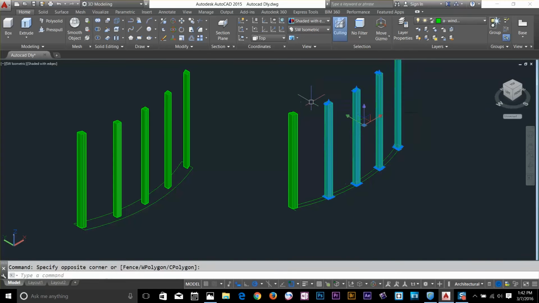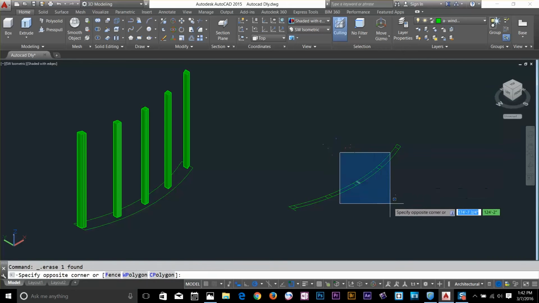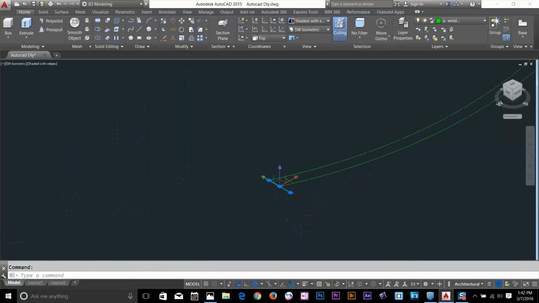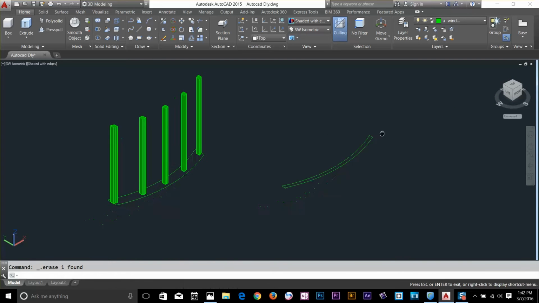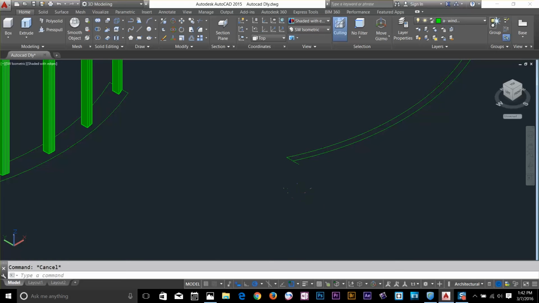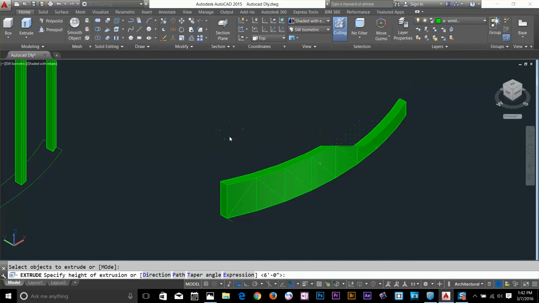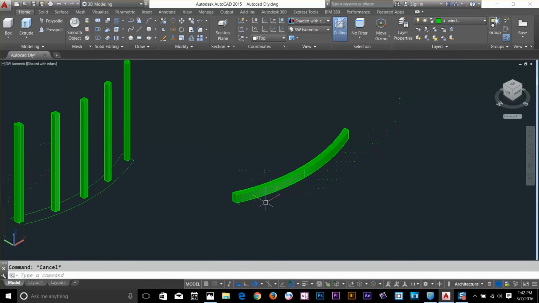And then I'm just gonna get rid of these now. Get rid of these as well. These. Okay, so now get rid of this line as well. Right, so now make another boundary for this object, and then extrude that as well to about 3 inches, and now you need to copy that